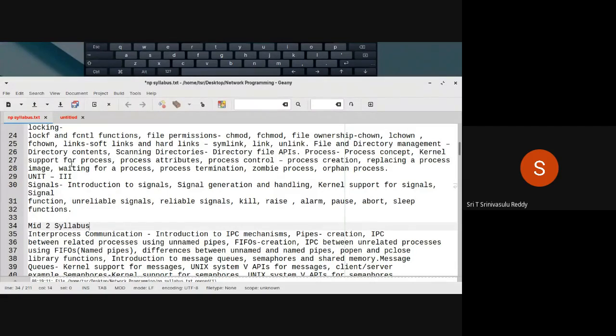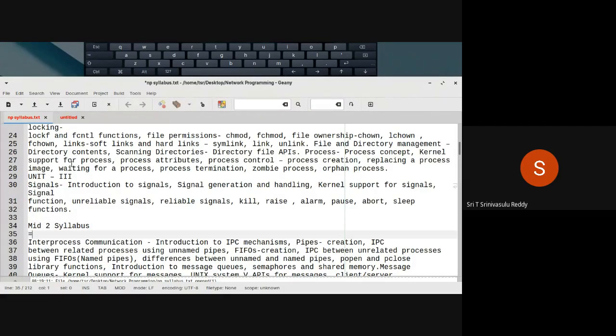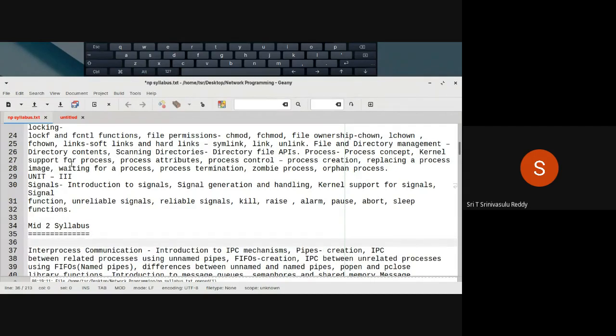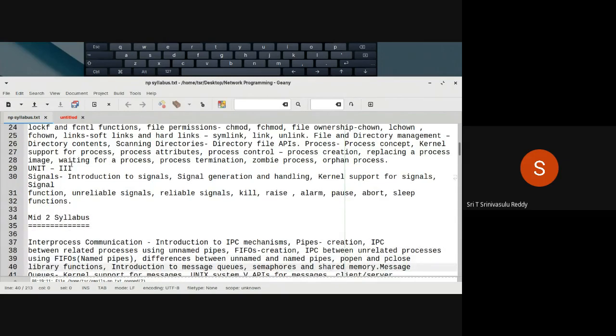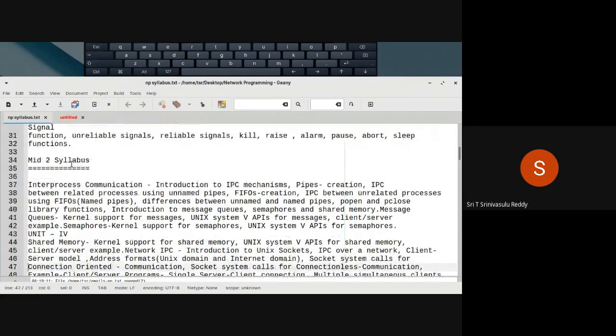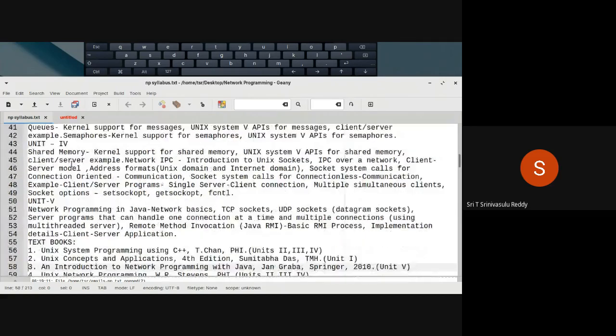I'm just making everything clear on the first day so that you can be more responsible and start reading accordingly. So you are given enough time to plan and all that. That's what I normally do. Almost half of the syllabus is covered in the first mid and another half for the second mid. Most of the time we will stick to the plan, right? So this is the theory part.